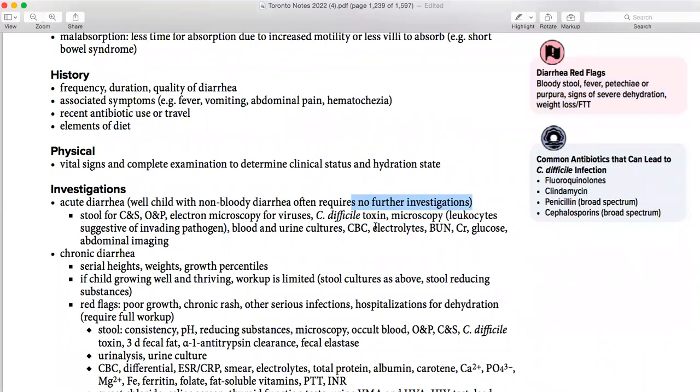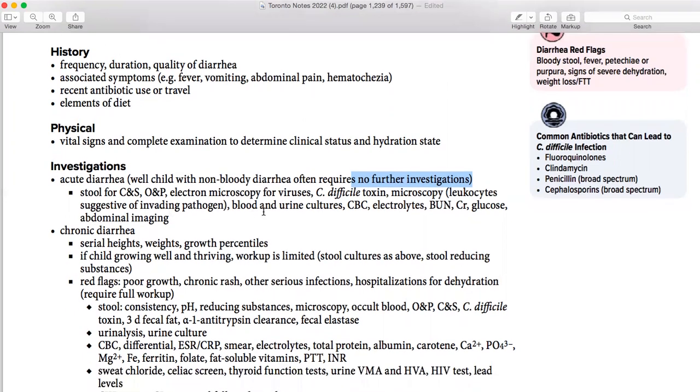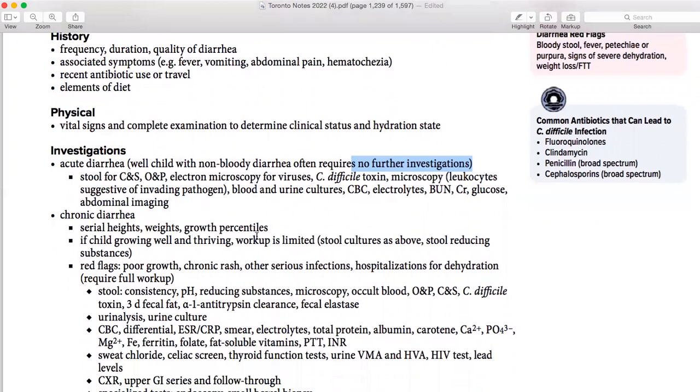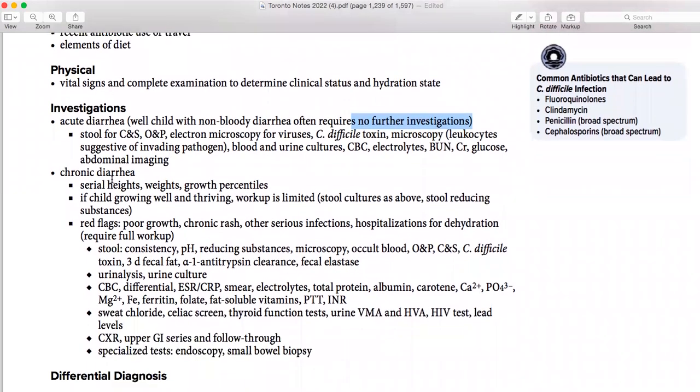If it's non-bloody and has been coming for 1 or 2 days, what are you going to do? It might be viral, right? If you go to a family physician and tell them that your baby has had this loose diarrhea for the last 3 or 4 days, they say just give some water, it is viral, it will go away. But if the same baby is presenting with blood in it, this is not normal, so you have to start the investigations right away. Stool for culture and sensitivity, ova and parasites, electron microscopy, blood in the urine, CBC, electrolytes, BUN, creatinine, glucose, and abdominal imaging. Then for chronic diarrhea, you have to rule out celiac disease, Wilson disease, all of those presentations which can present along with Crohn disease. So you need to know all of those presentations.